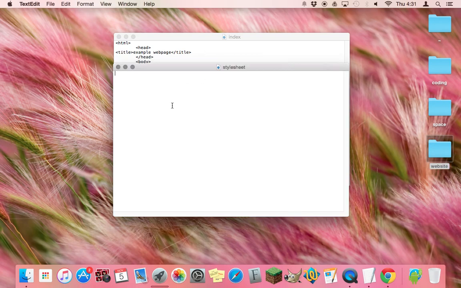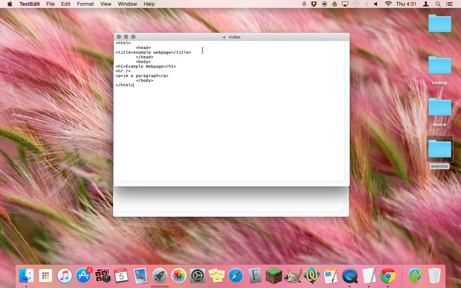And then you want to link to the style sheet in the HTML. And how you do that is in the head tag, because it's happening behind the scenes. It's not actually going on the body of the web page. And the tag for that looks like this: link rel style sheet. Like I mentioned, it is a style sheet. And then type